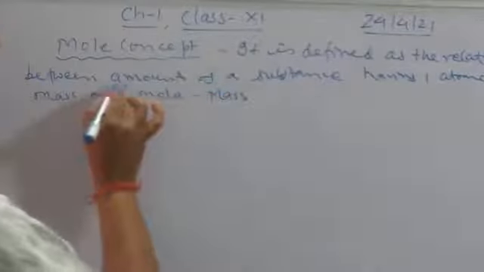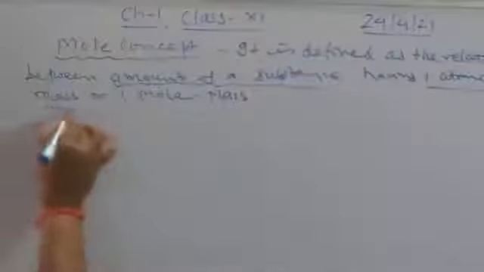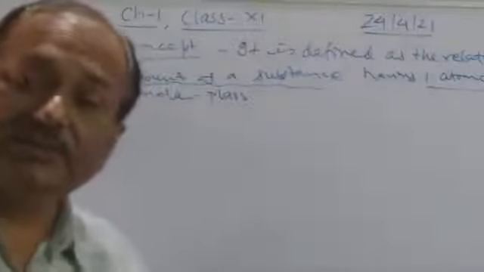So this amount of substance, children, is either one atomic mass, meaning the amount is equal to the